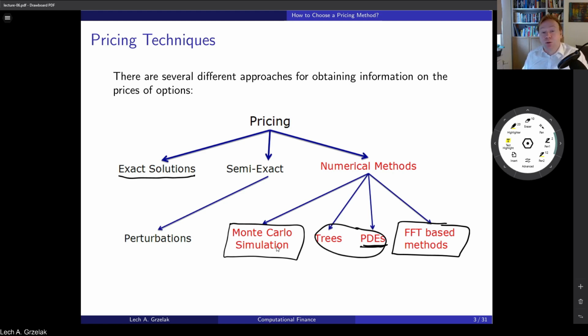So FFT is typically a technique derived for simple payoffs. For Monte Carlo, it's much more suitable, or for example for PDEs. So if the contract that we want to price is very complicated, it's typically priced with Monte Carlo, not so much with FFT. FFT is about simple products. However, if we think of calibration,